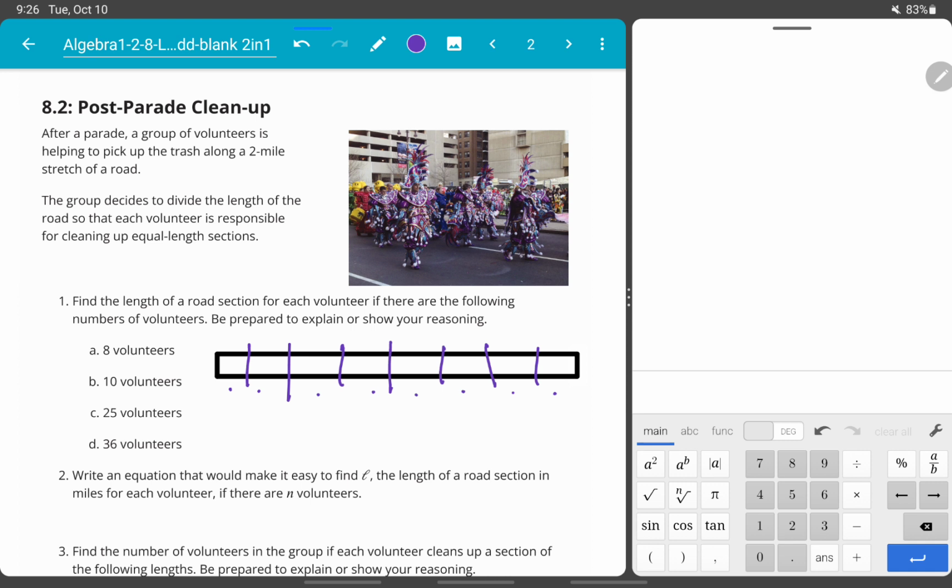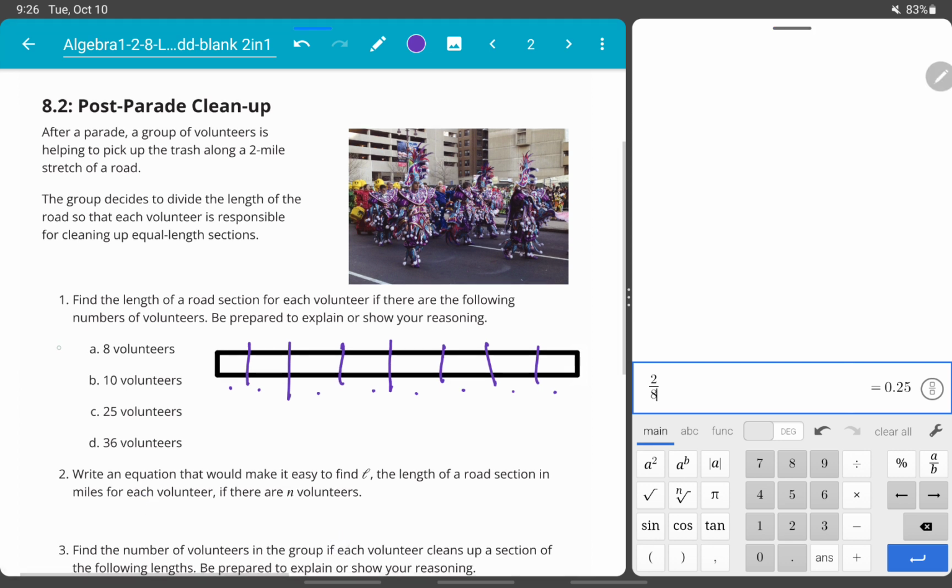Another way to do that would be we could do this algebraically. We could take the 2 miles of road and divide it amongst 8 people to get 0.25, or if we made that into a fraction, that would be 1/4. So we could say either 0.25, or we could say 1/4, a quarter mile. If we divided it amongst 10 volunteers, we would just have to split it into 10 equally